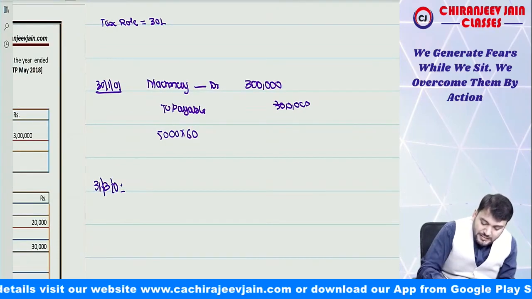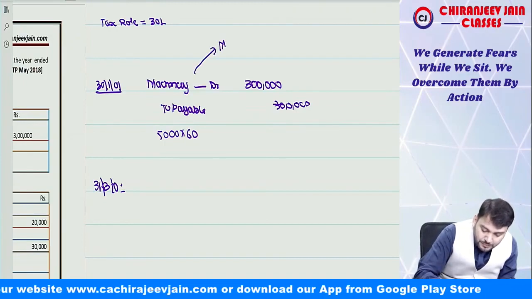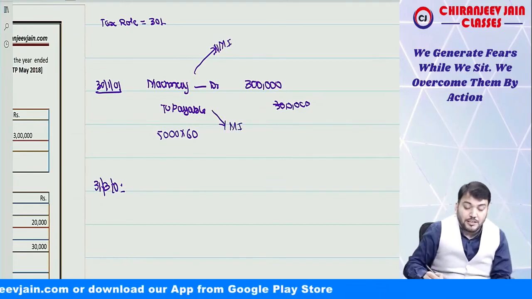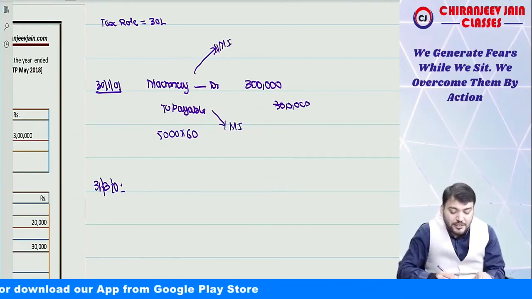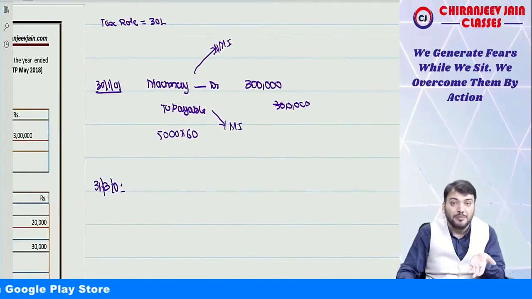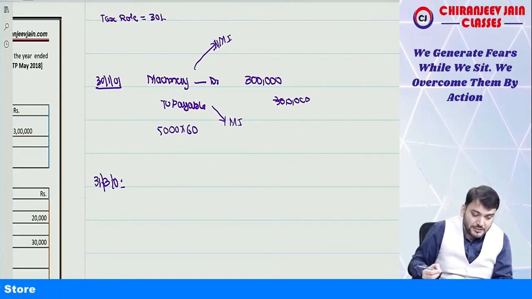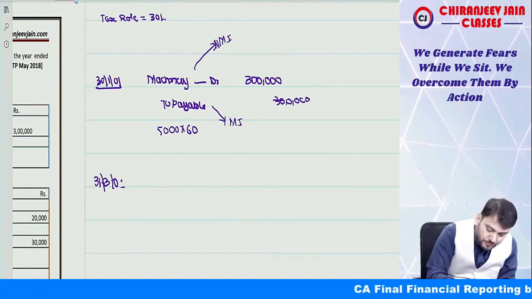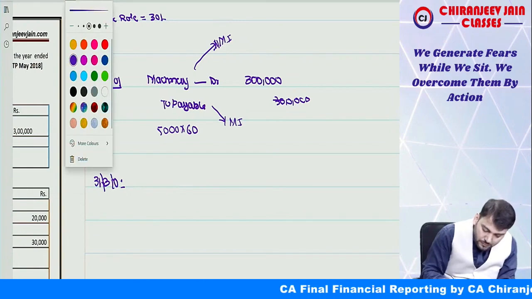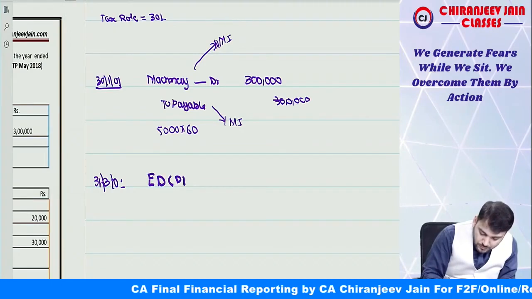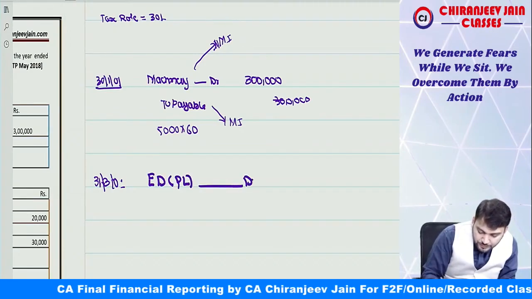Now, on 31st March 2001, can I say this is a non-monetary item? This is a monetary item. A monetary item needs to be recorded at the closing exchange rate. You can see it was 60. Now it becomes 65. So an increase in liability means loss. Loss will be transferred to PL. So what journal entry will we do? Exchange difference, which will be transferred to PL,